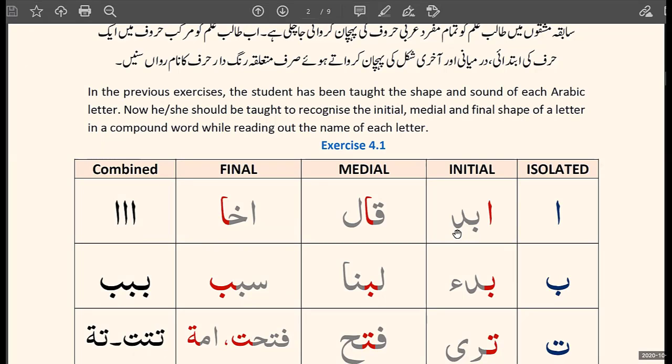Kaf, Lam, Qaf, Alif. Kaf, Alif, Lam. Now you can see here in different scripts and writing, this Alif is independent. I can highlight this one. And in this case, because it is joining with the preceding letter, the previous letter,